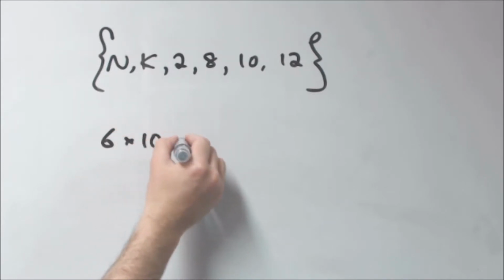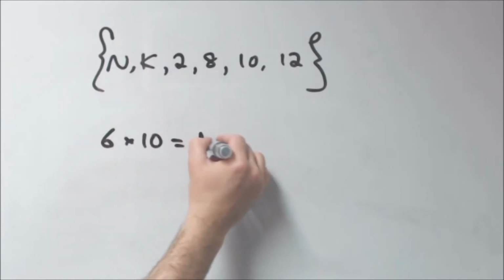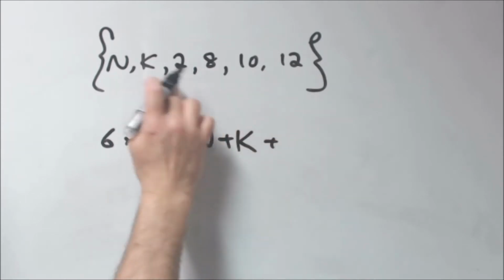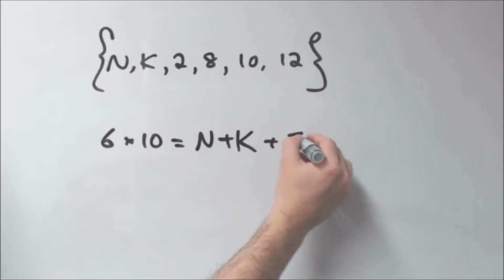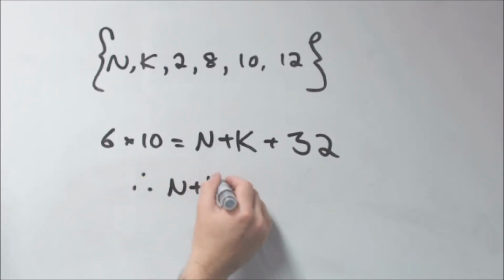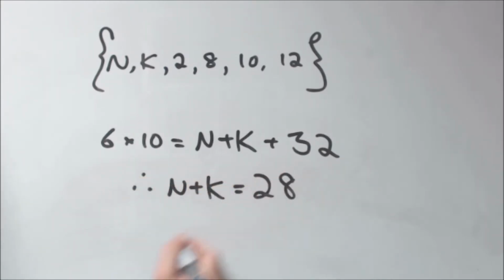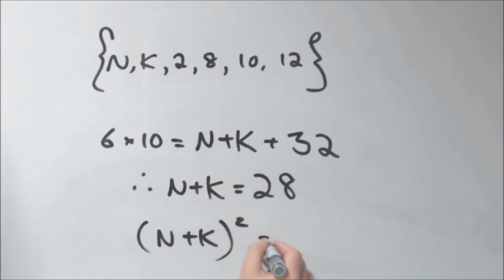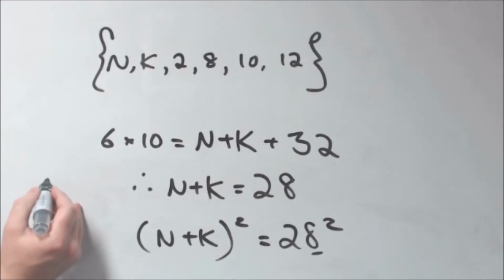Okay, so we know that because the number of terms, 6, multiplied by the mean of 10 gives us 60, then n plus k plus the 32 is 60. Therefore, very simply, n plus k is 60 minus 32, which is 28. We're interested in (n plus k) squared. I'm a big fan of using the units digit trick here. If you look at the answer choices,